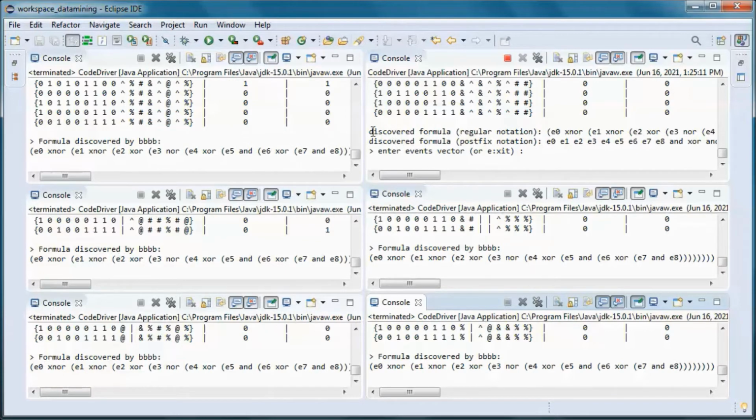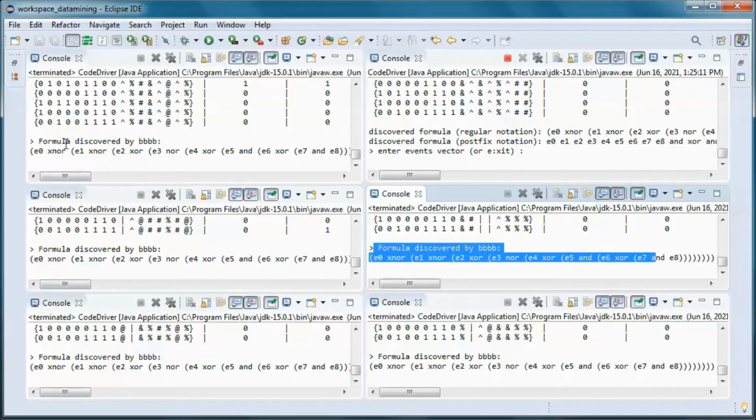So this one found the formula and it communicated it to all other peers.